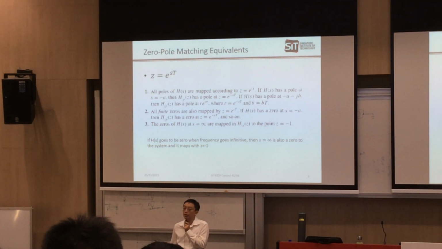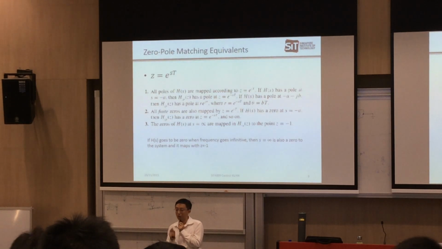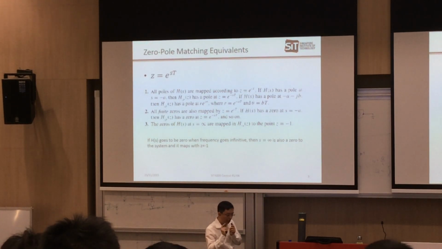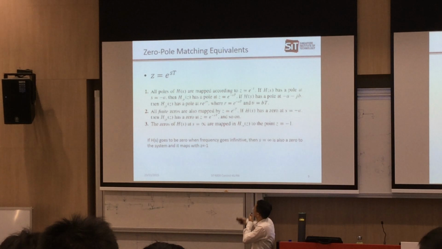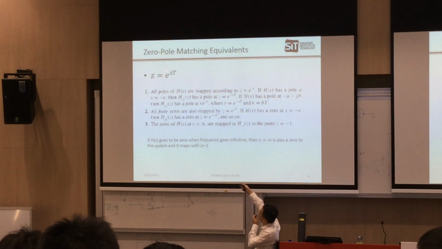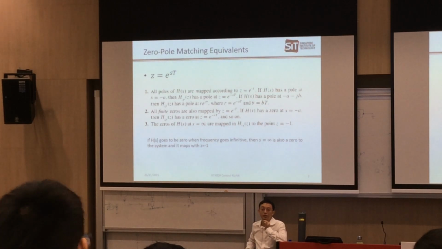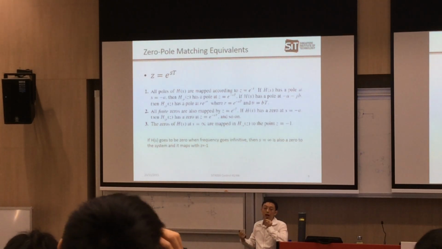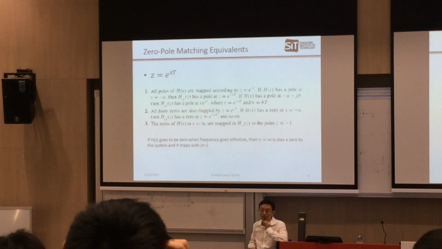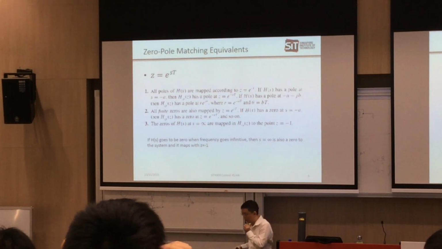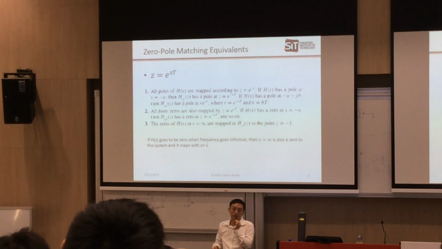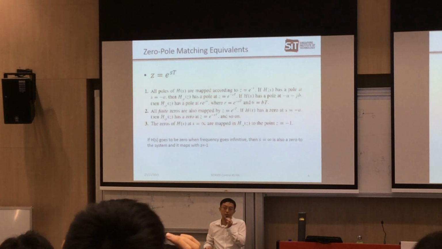Replacement method. The process is not difficult, right? 3 steps. In the actual calculation, once you get the S, I don't think you are going to have a good number. You may have a complex number, because usually your poles and zeros are in the complex domain, right? So once you have a complex number,